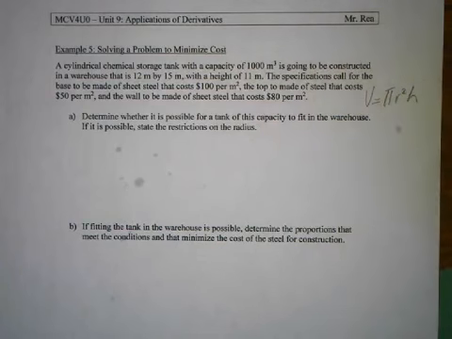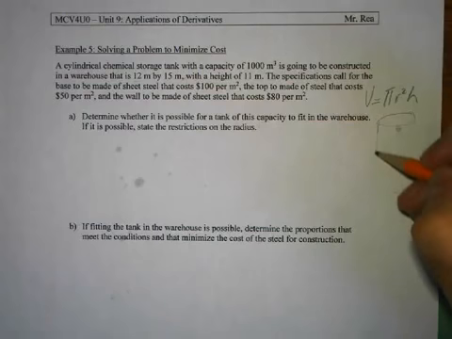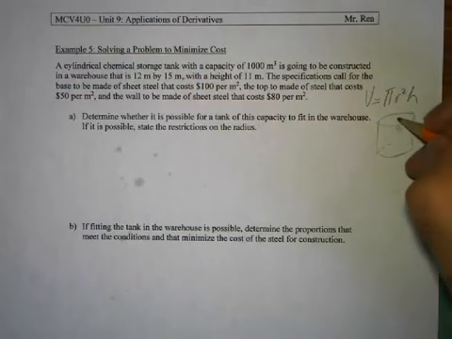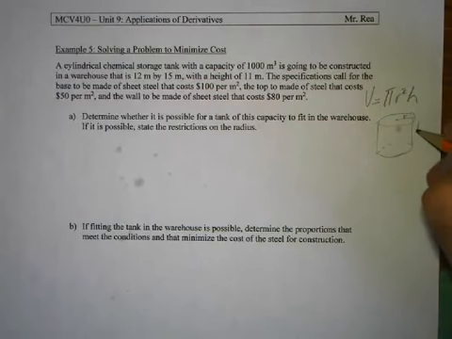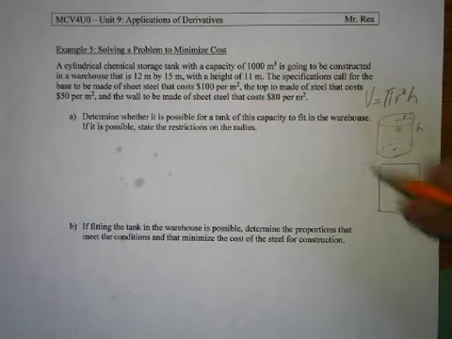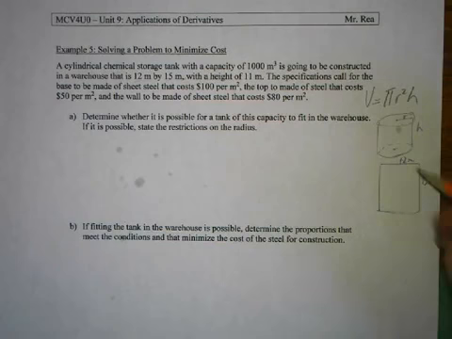So draw a little picture. Here's my cylindrical tank. The radius goes from here to here. The height goes here. Now the floor plan, if you remember, the floor was 12 meters by 15 meters, and the cylinder has to fit in here. This is the floor, so that's going to restrict the radius of the tank. The restriction here is on the 12 meters, obviously, the 15 won't be the issue.